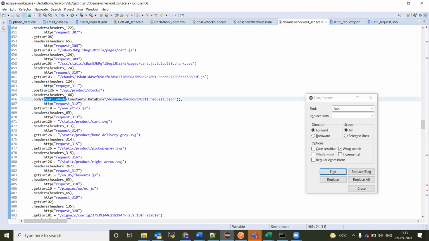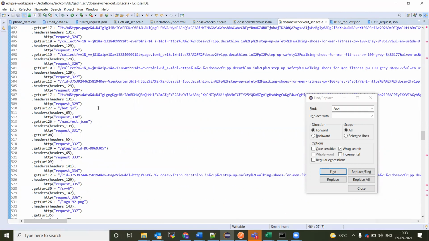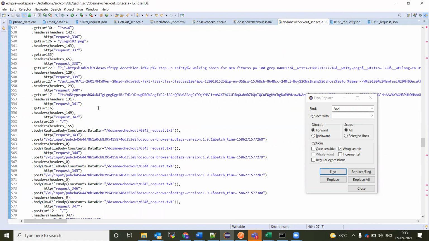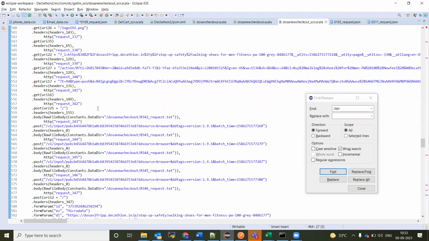So mostly you have to make the changes wherever you have an API or whatever the endpoints which you have a change over there. So all others are similar. The raw